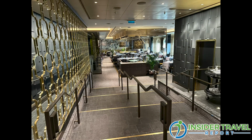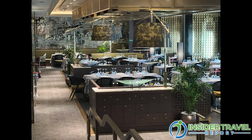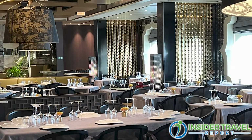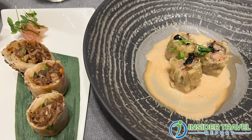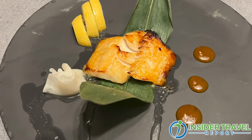But now let's move up a few decks. I just had a dinner last night in your Asian restaurant, which is Pacific Rim, which is also on your other ships. Talk a little bit about Pacific Rim and how maybe it's different from the previous ships. Yeah, Pacific Rim, we did a few changes to some of the dishes, like we have the duck adobo, which is a new dish. We changed some of the desserts, some of the appetizers. It's really pan-Asian cuisine. We feature dishes from India, from Thailand, from...